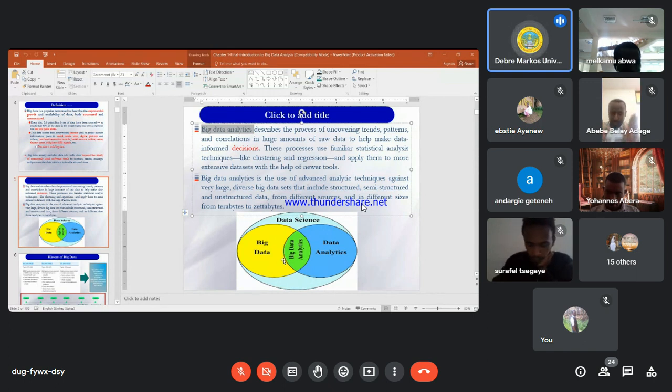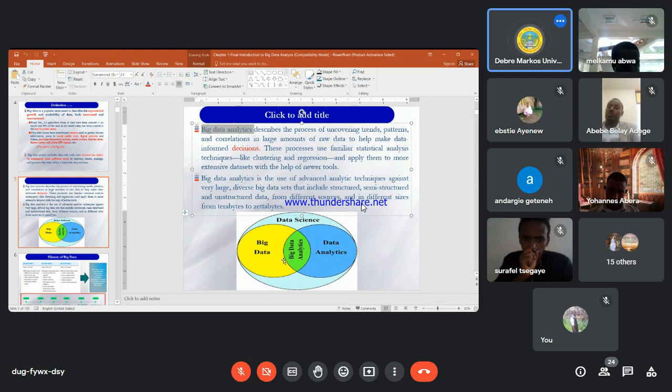And big data is focused on the hugeness of the data sets, the exponential increment of the data. Now, integrating these two, data analysis technology and big data together, is called big data analysis. So our work is going to be focused on integrating these two into big data analysis.